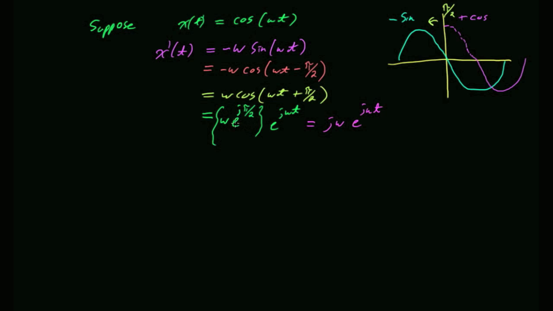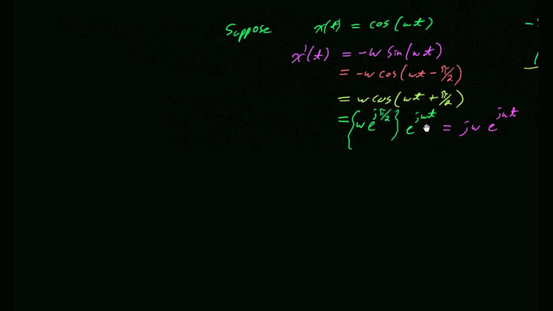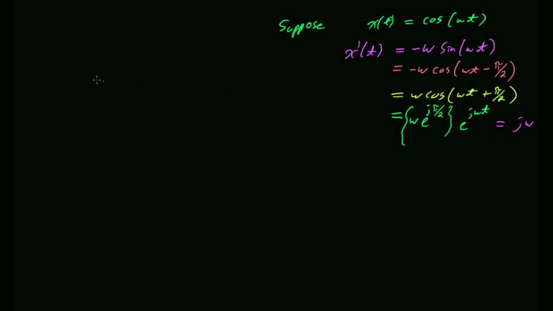What did I get? j omega times e to the j omega t. So this is one of these badass properties of the Fourier transform. Same property exists for the Laplace transform, and it's basically one of the reasons we use it. If you've got some signal x of t that has a Fourier transform x of omega,